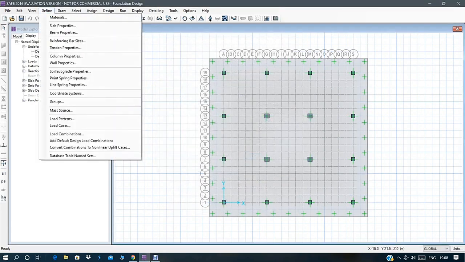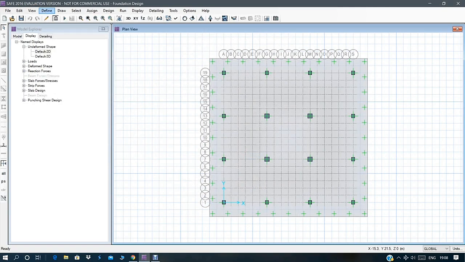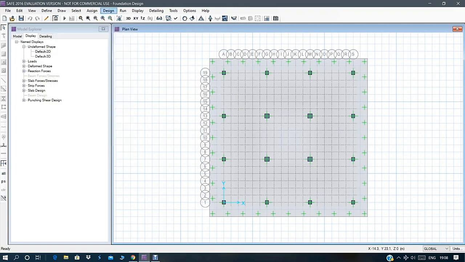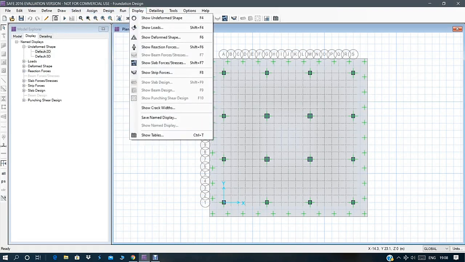For the combination for serviceability, the scale factor for dead load and live load is 1. And for linear combination type and design selection, you have to take all the service normal and long term service. Insert, OK. You have defined material properties, slab properties, column properties, soil subgrade properties, and all the loads. So all definitions are complete.